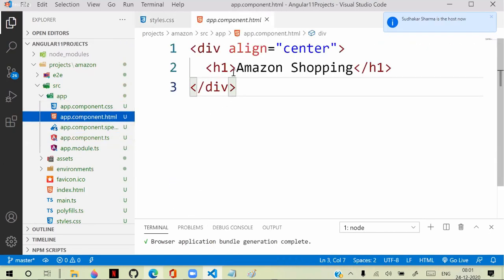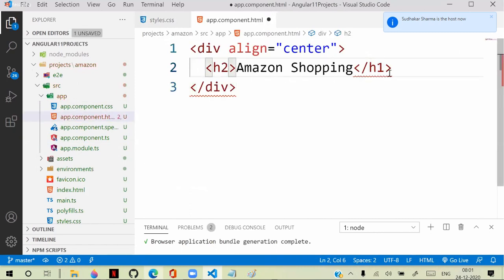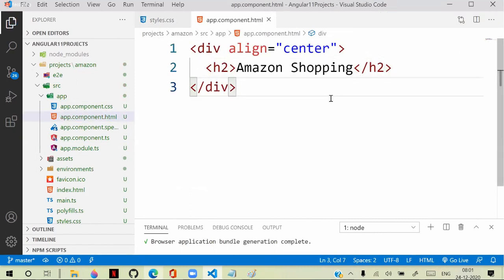Yeah, this is heading 1 we have defined there, not heading 2, right? We will use heading 2. Okay, now